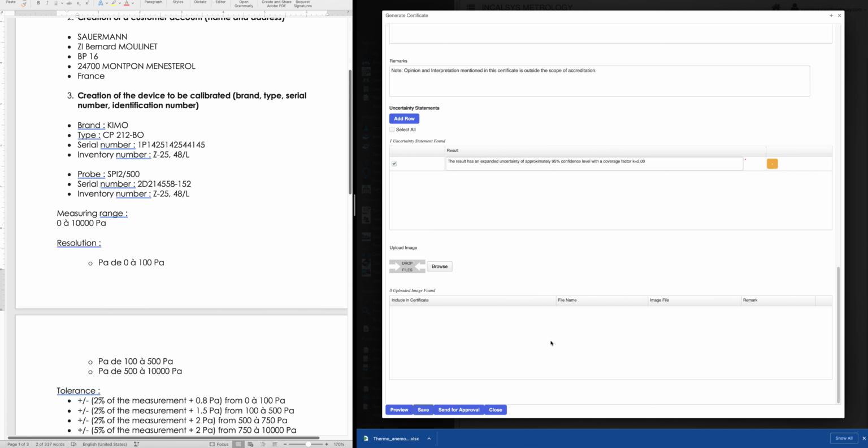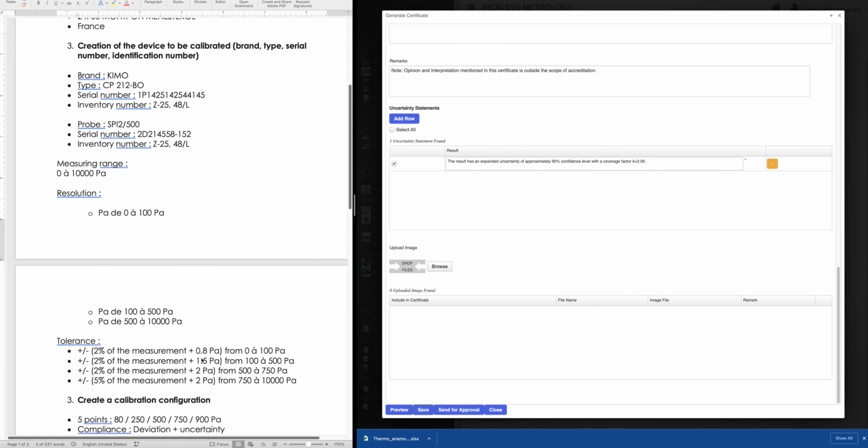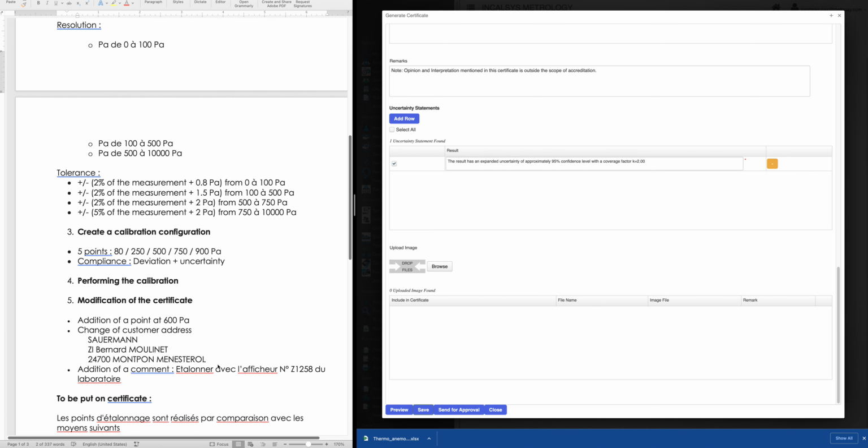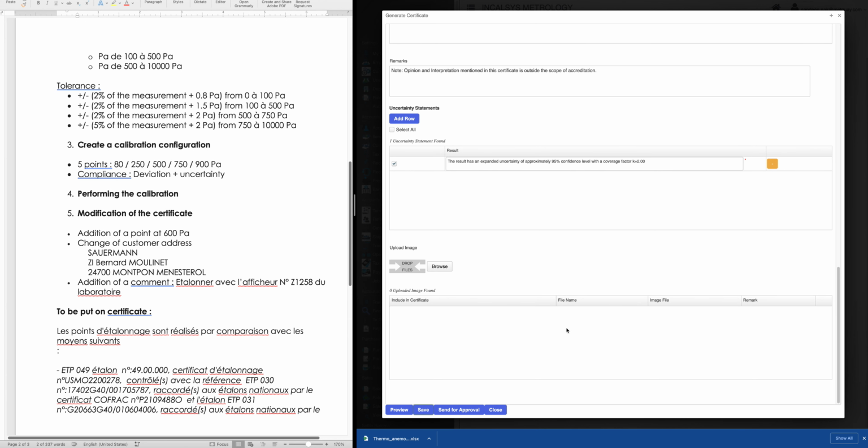So anytime during this process, if I want to go back and make the modifications like this, I can do that. I can just close it and go back and edit the work. But what I'm going to show you is editing after approval, because it's a more common scenario, right? So send for approval,